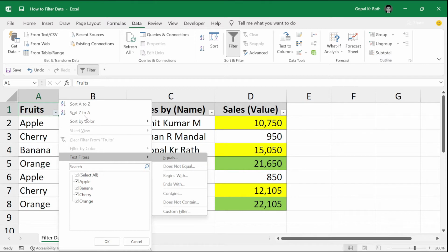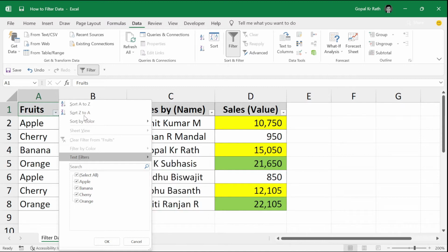Or click on the arrow button from your keyboard and easily you can move. To go back, click on this, and to go to the next section, if it is not underlined, just press the Tab key. And if you want to go back, just press Shift Tab, so it will go one step back. Again Tab, click on the space bar from your keyboard so that it will be selected or unselected based on your requirement. To go down, press the arrow button, to go up, press the arrow button, and if you want to select more, click on more. And at the end, press Enter to apply.